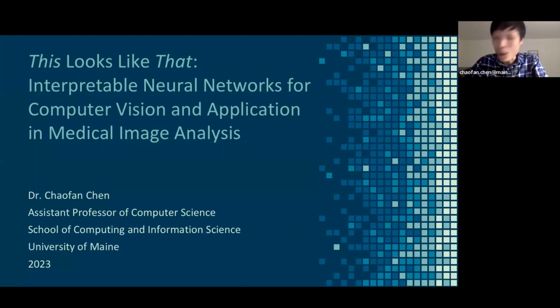So in this talk, I'll be presenting a project. It's actually a series of papers, but I'll focus on 3 of them. Two of them are extensions of the first one. And this is actually a pretty old paper by computer science standards, from NeurIPS 2019. The title of the paper is "This Looks Like That: Deep Learning for Interpretable Image Recognition." And I started doing this work while I was a PhD student.